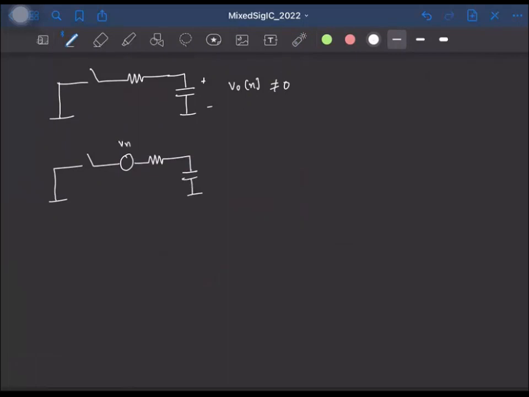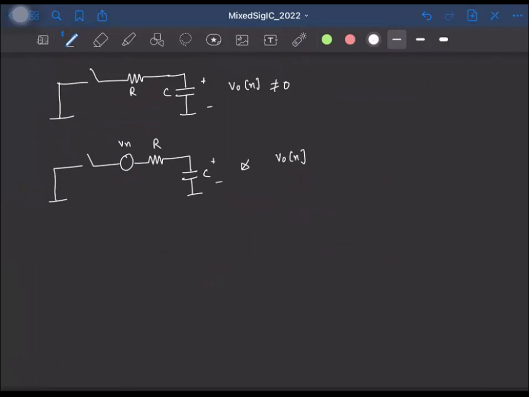Okay, so this is V. And please notice that the polarity of this voltage source does not make a difference, because we are only interested in the statistical properties, and also the mean is 0, right? So the polarity of this voltage source doesn't matter. So this is my R, this is my C. Okay, so we are interested in the statistical properties of this